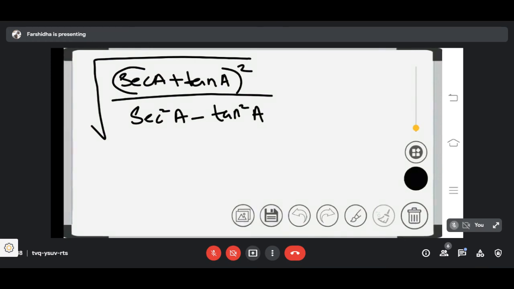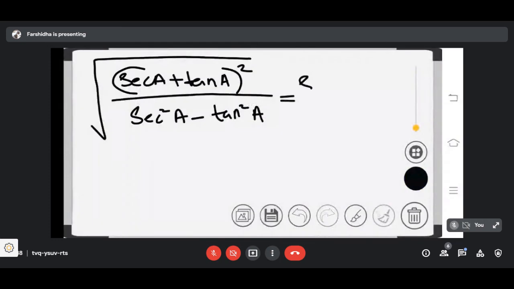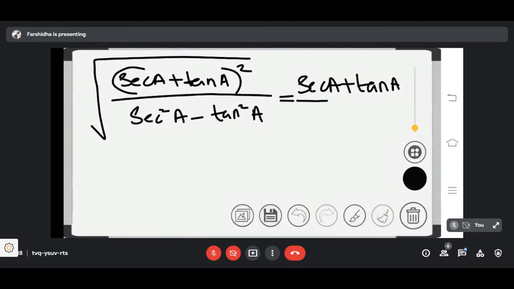So I have told you, if root and square is coming together, you can cancel both. See the numerator. The numerator is having one square here and also a root here. So if root and square is coming together, you can cancel both, only for the numerator. In the next step, you can cancel the root and square for the numerator since both are coming together. So you can write simply sec A plus tan A without the root, divided by